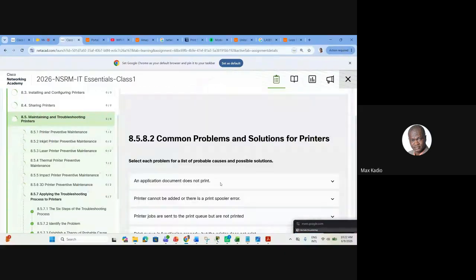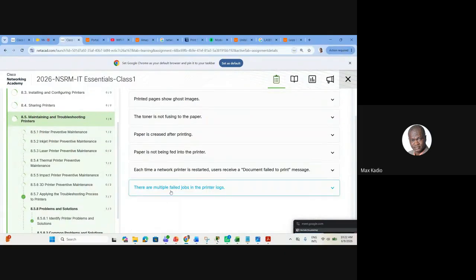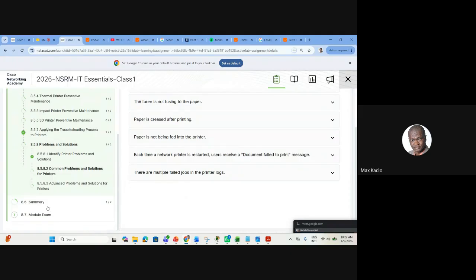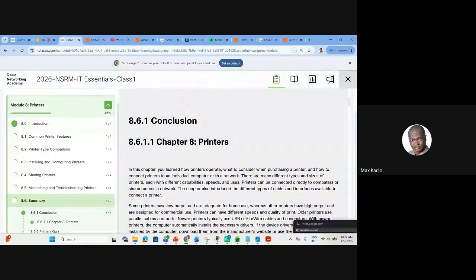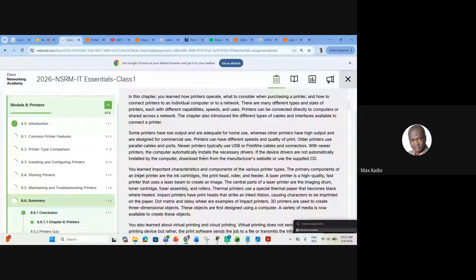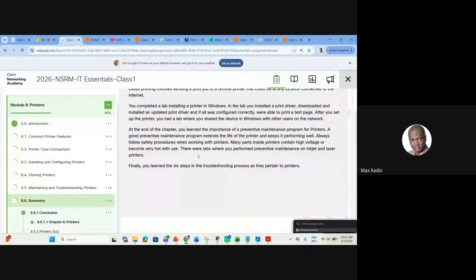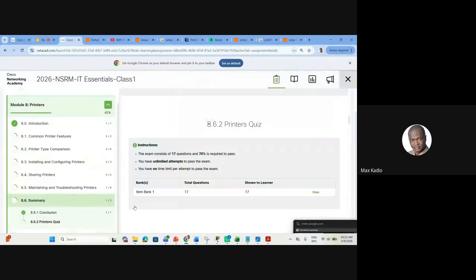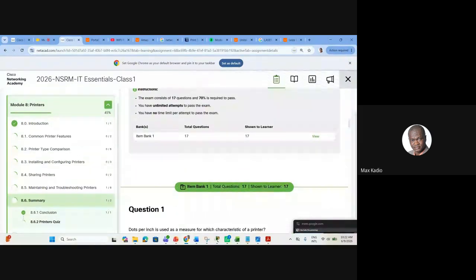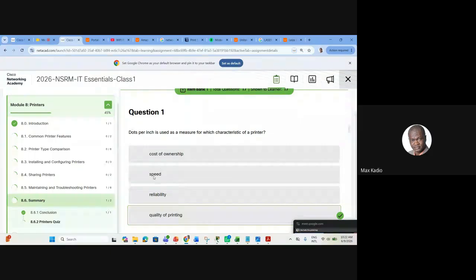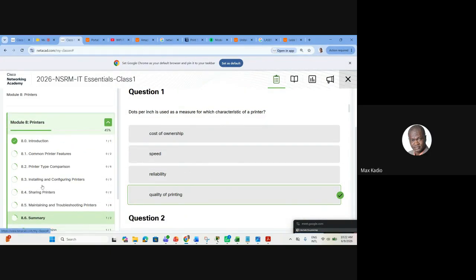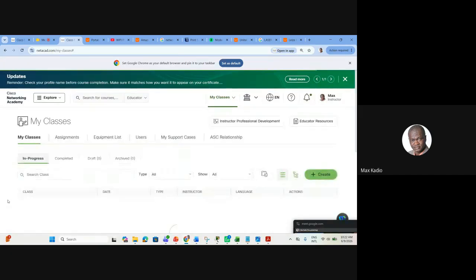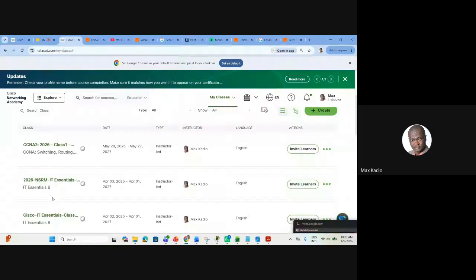So normally that's all for this chapter. Then at the end, you have a nice summary. What did you learn about this chapter? And you have a quiz. You can do it many times. Okay, that's all for this chapter, chapter 8. I'll send you the questions to help you to focus on what you need to know the most.